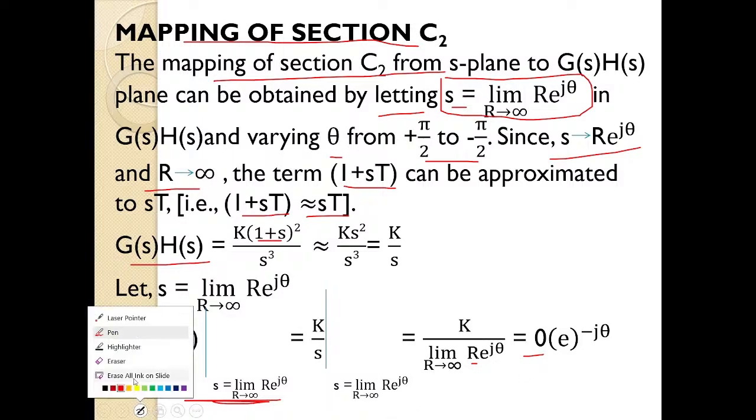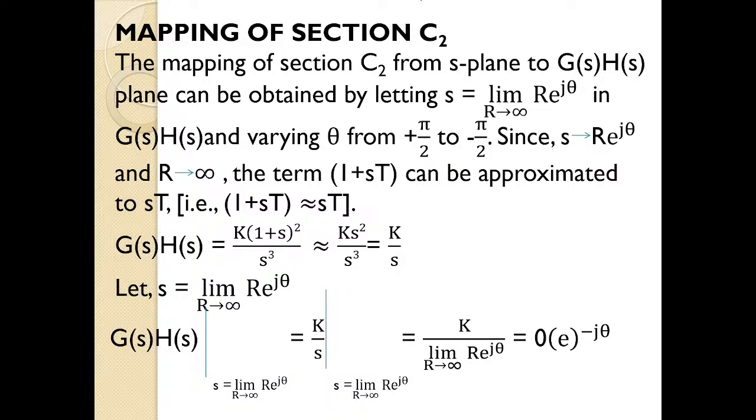Okay. So once again I will repeat for mapping of section C2. So mapping of section C2 from S plane to G of S, H of S plane. We want to map section C2 from S plane to which plane? To G of S, H of S plane. So while mapping, S will be equal to limit R tends to infinity R e power j theta,